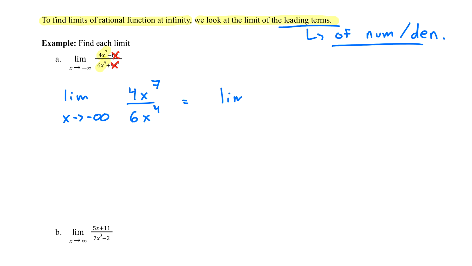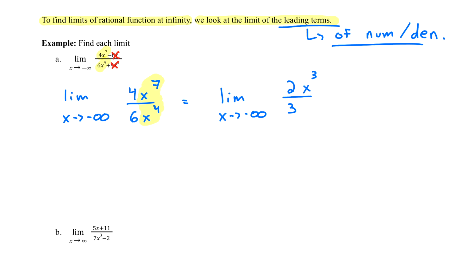So the limit as x approaches negative infinity, here I'm going to have 2 over 3. The other more important part is we're going to have, hopefully, some powers of x that we can cancel. Here I've got x to the 7th divided by x to the 4th. I can cancel x to the 4th from both of those, and that's going to leave me with x cubed